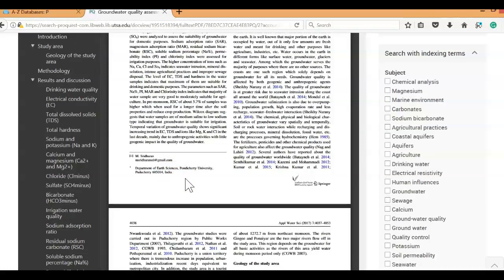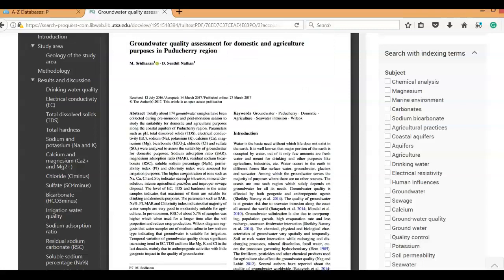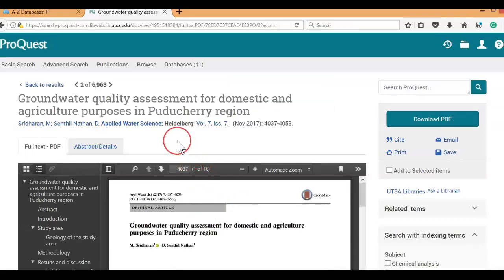This is the information you will need to provide within the attribution tags for your sources. These tags help show the credibility of your sources and make your work trustworthy. Now if you scroll all the way to the top of the document, you will find all the necessary information you need to cite this source: names of your authors, title of the article, title of the journal, volume and issue number, publication date, page numbers, and the title of the database.